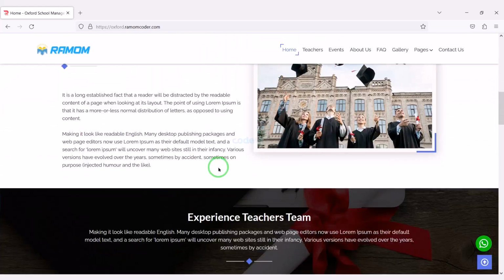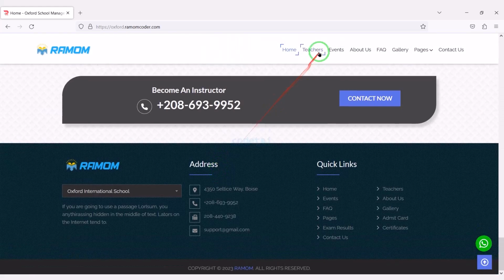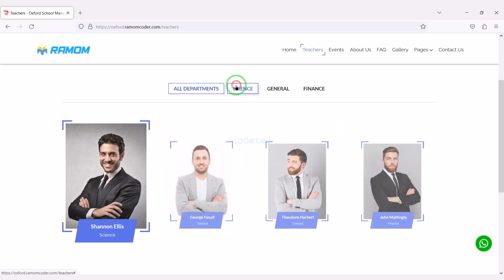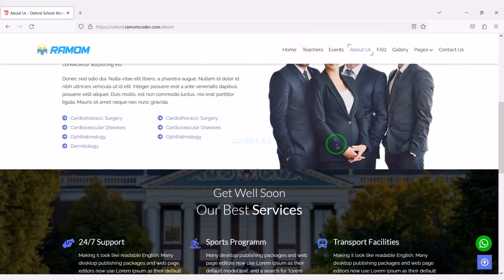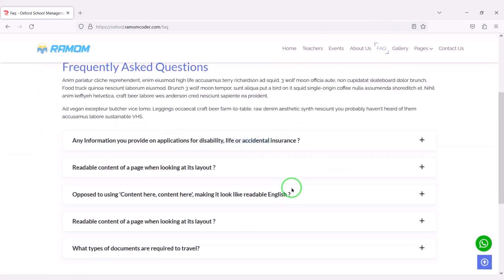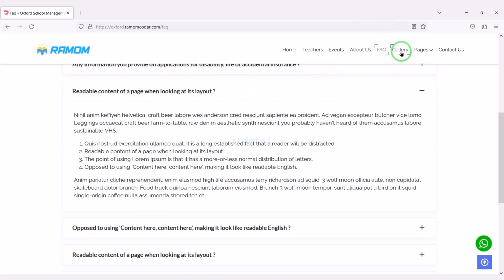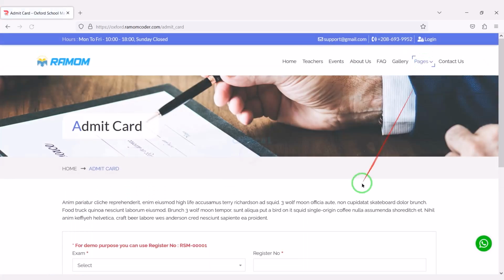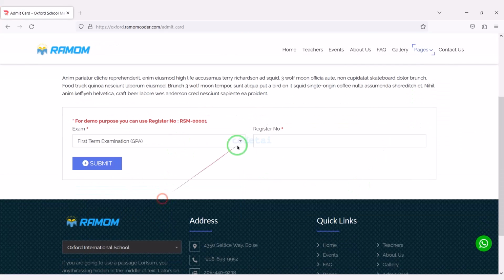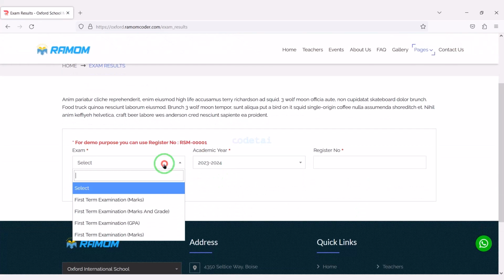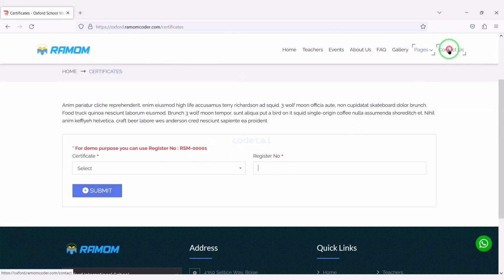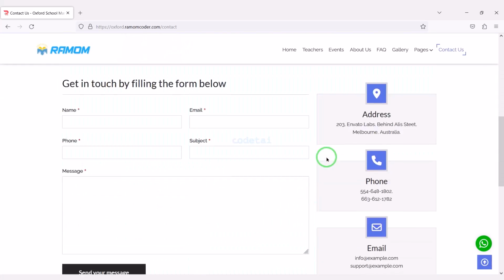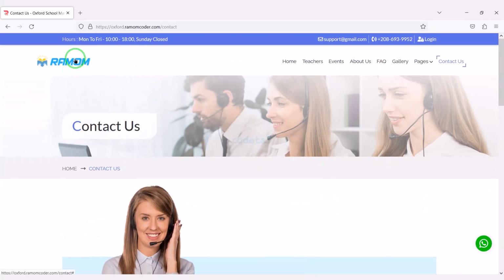In this video, we will learn how to create professional school management system software. Why should you create school management system software? If you want to make your school online based, then you must develop school management system software, or you must develop it to manage your school easily. In this video, I will teach you step by step how to create school management system software very easily.